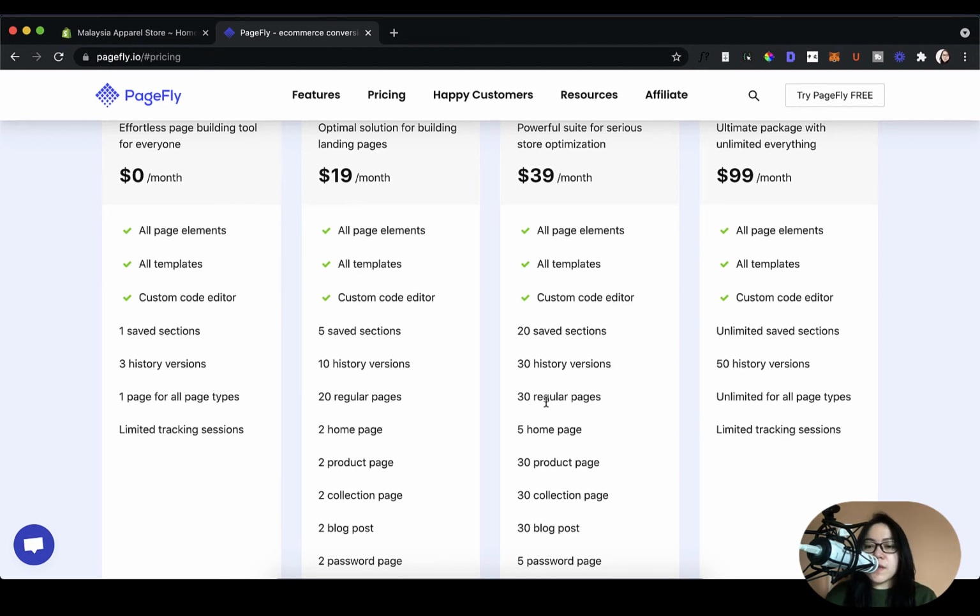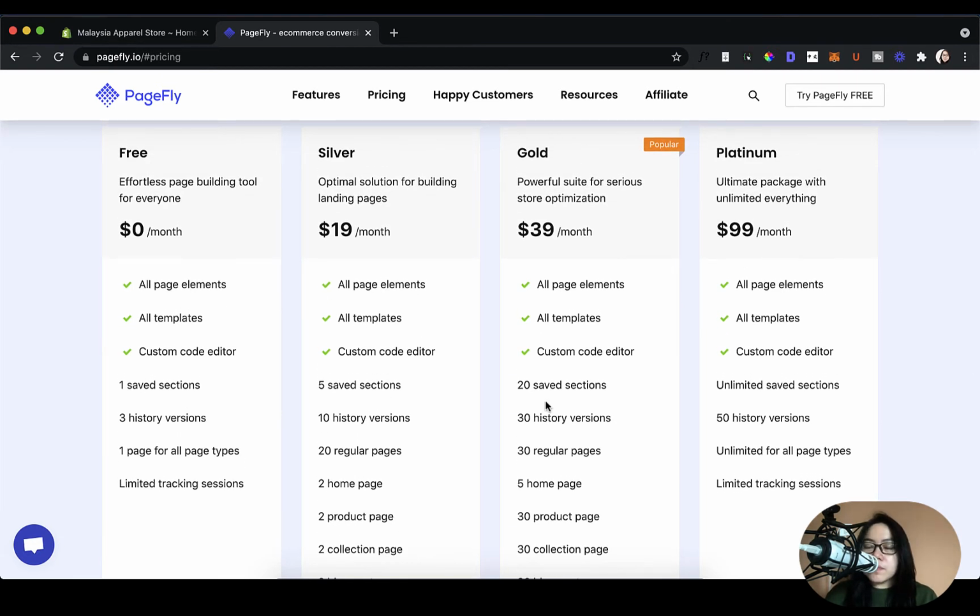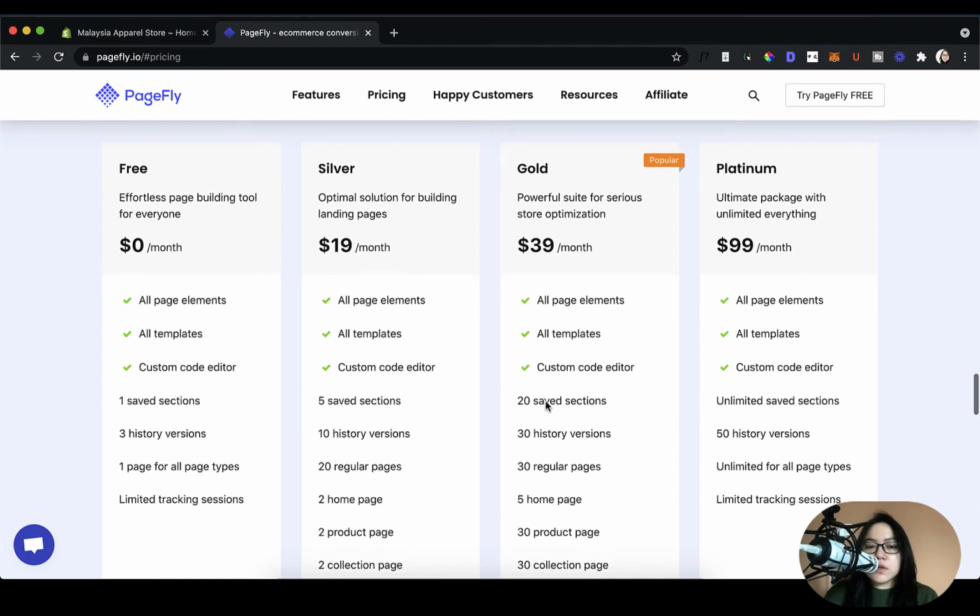of pages, then the Platinum plan is actually going to be the most value for money, because between the Gold and Platinum plan is just a difference of $60 per month, but you go from having 20 saved sections and limited pages to unlimited everything. Okay, so decide based on your store size or how much customization you think you want to build into your